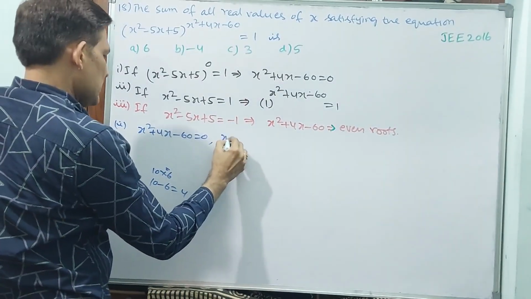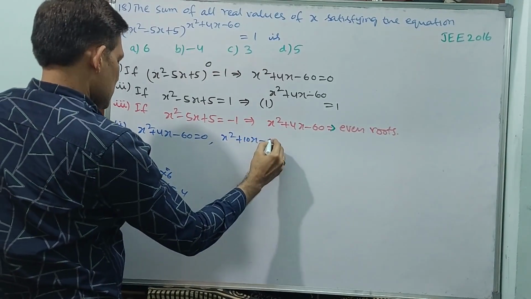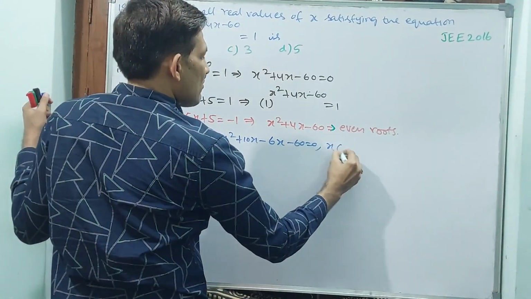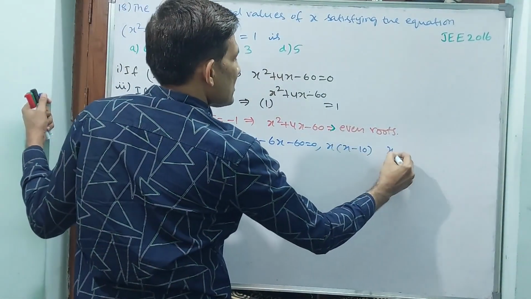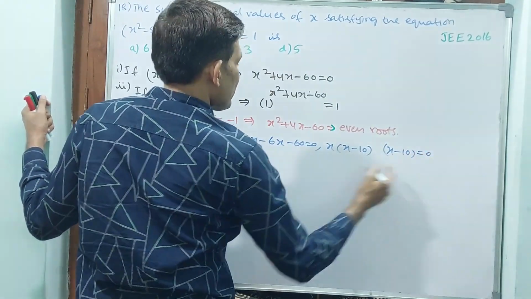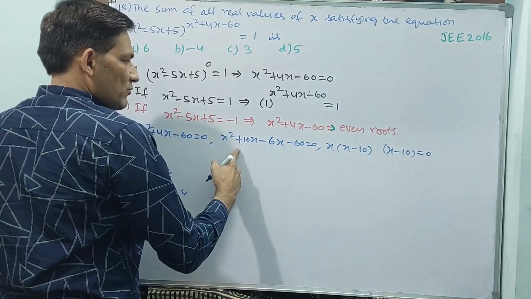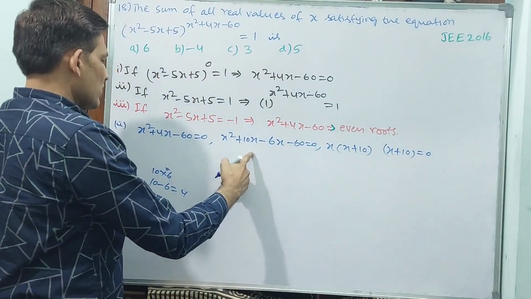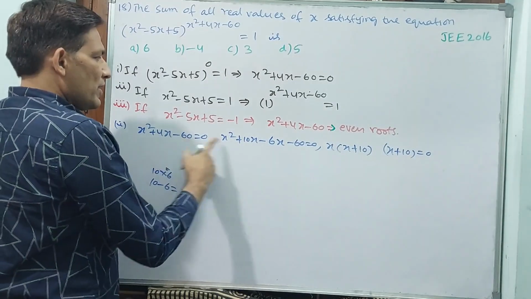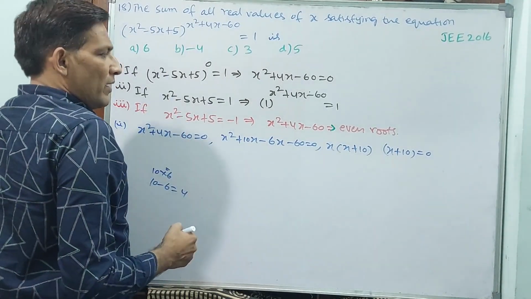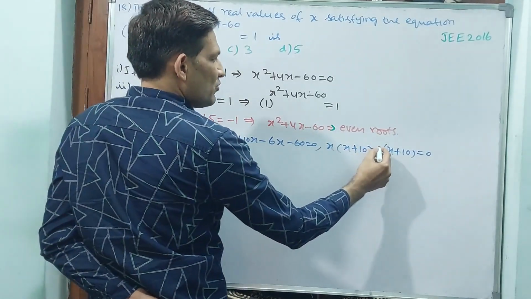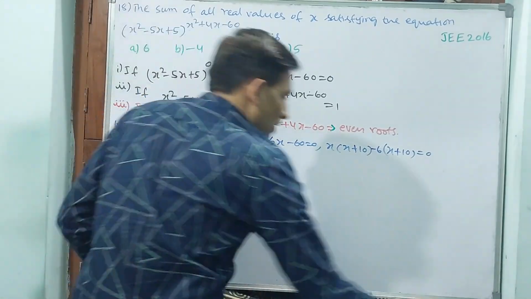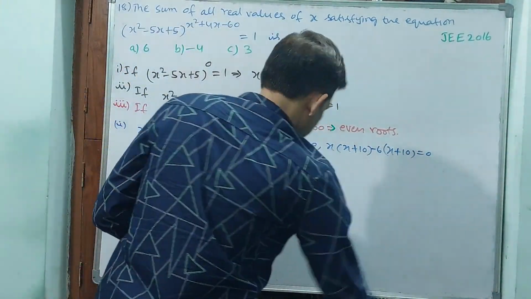Then I am splitting, you see, x square plus 10x minus 6x minus 60 equal to 0. From the first two terms I want to take x common, x minus 10 will come. Here also x minus 10 has to come. Okay, x square plus 10x, because 10 minus 6 is 4, and 10 into minus 6 is minus 60. Okay. See, but from the last two terms minus 6 you take common. Why? Because see, minus 6x minus 60. Okay. Now what is the value of x?